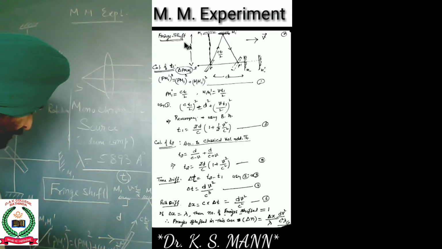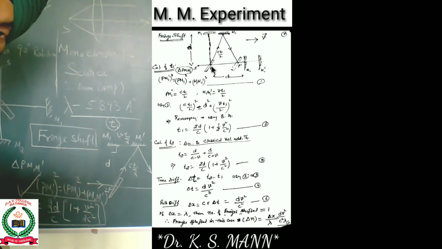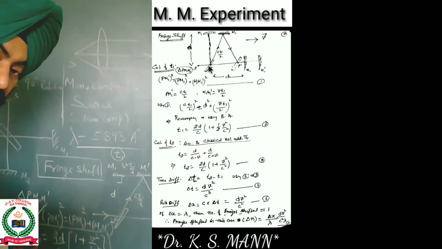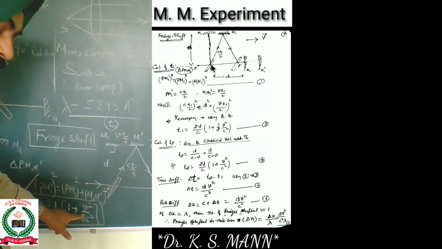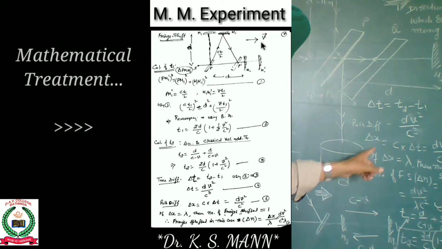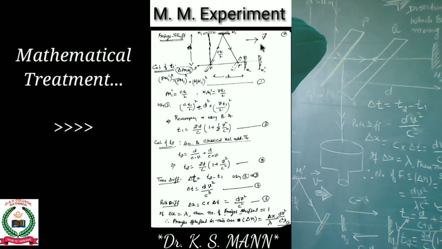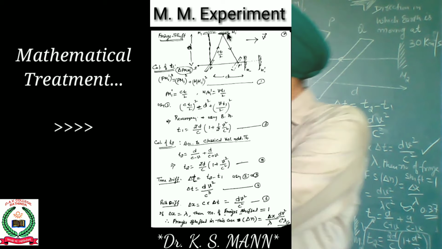The mathematical part is very simple. In this case, suppose the source and this plate P, and when the light strikes here and it is reflected, for the time the light ray reaches the mirror M1, as Earth is moving in the longitudinal direction, that means this velocity is very high, that is 30 km per second. So in that time, this mirror M1 changes slightly to this position, and the light ray reaches the mirror